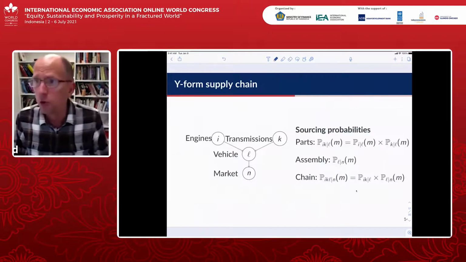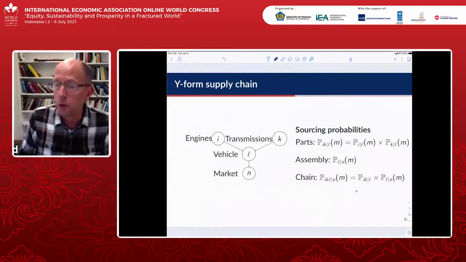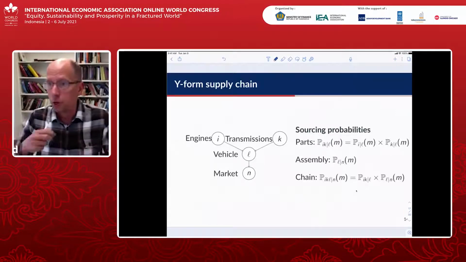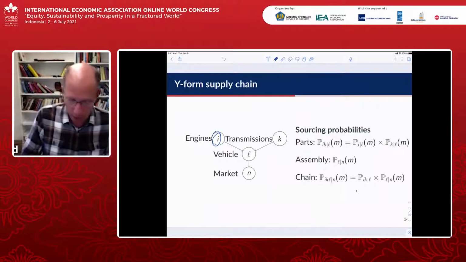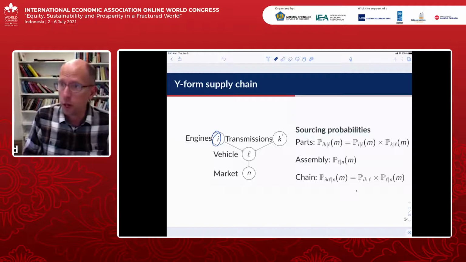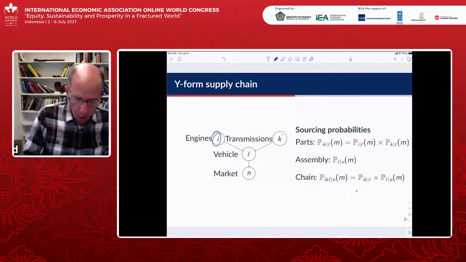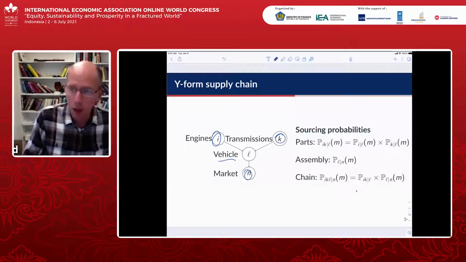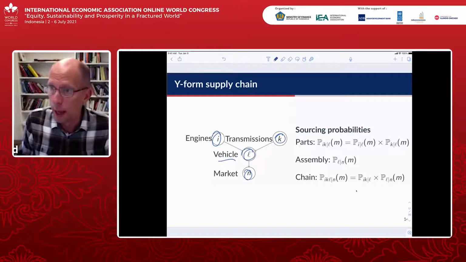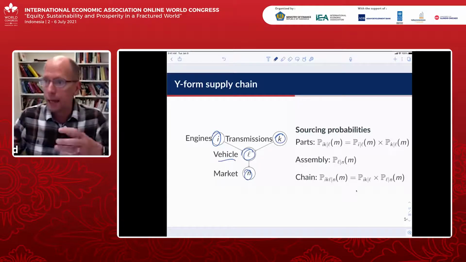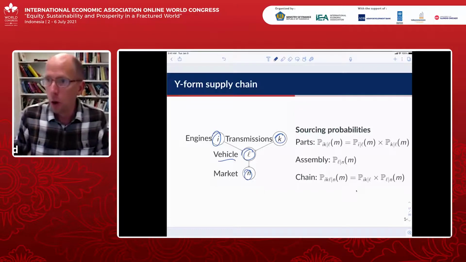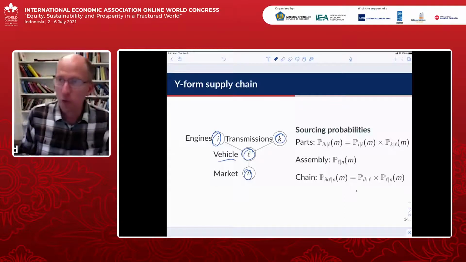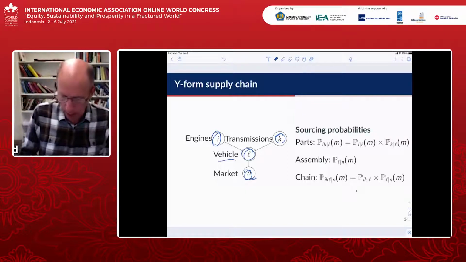So one advantage of single sourcing for us technically is that we can use a model of discrete choice, in which for each engine, you're choosing a location I to get that engine. For each transmission, you're choosing a location K to get the transmission. For each finished vehicle going to a market N, you're going to choose a vehicle assembly plant L. So you've got this L-I-K triple that you're trying to figure out to minimize the overall cost of production, thinking about getting it to that final consumer in market N.